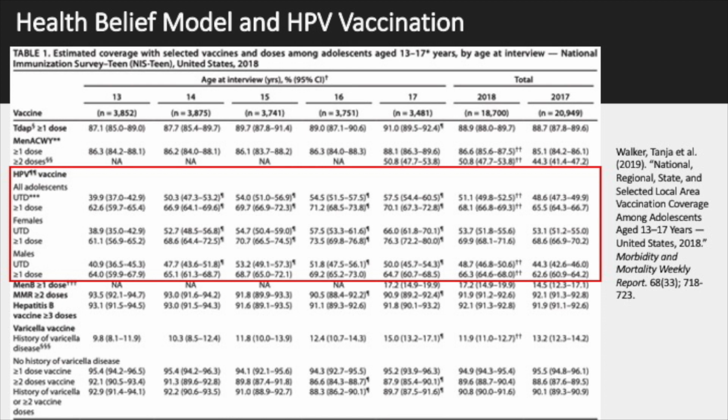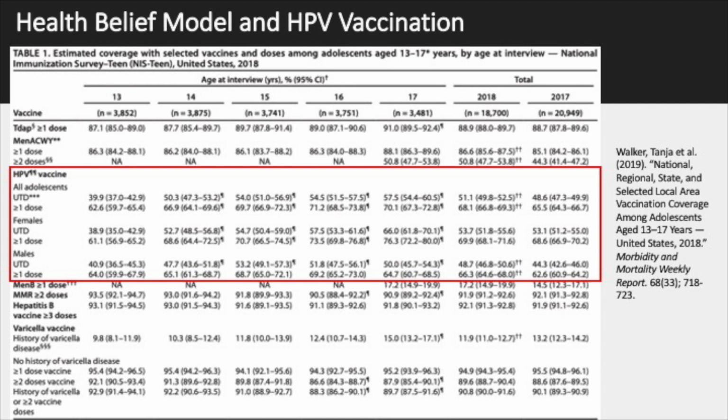We do see that females have a higher vaccination rate, which makes sense for a couple of reasons. One, the vaccine was not available for males until several years after it was available for females. So it was widely advertised and promoted among female adolescents and was not available at all for males for some number of years. The other reason why this may make sense to us is because cervical cancer uniquely affects females, right?